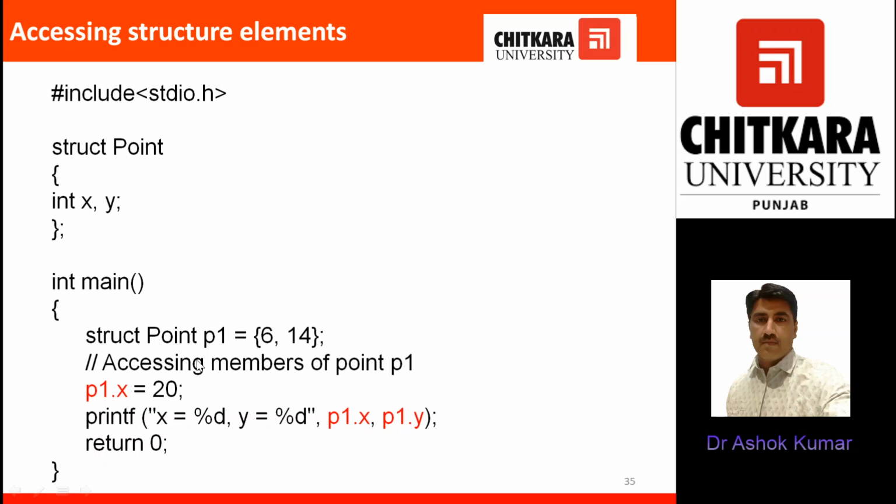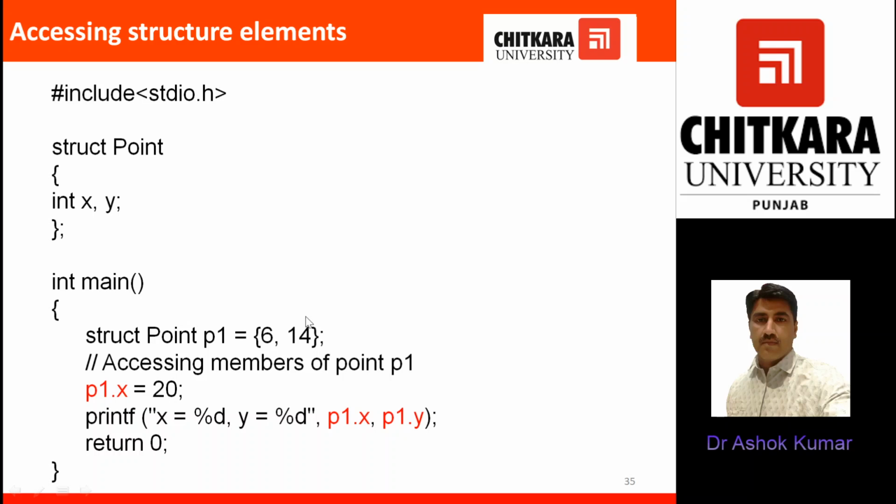structure variable. This is the method that we discussed earlier as well. First you will write the keyword struct, then the name of the structure, that is point, then the variable p1, and the values that you want to assign to the structure members should be in braces. So we have put those values in the braces. After that there must be a semicolon. This statement will initialize x and y members of p1 structure variable to 6 and 14